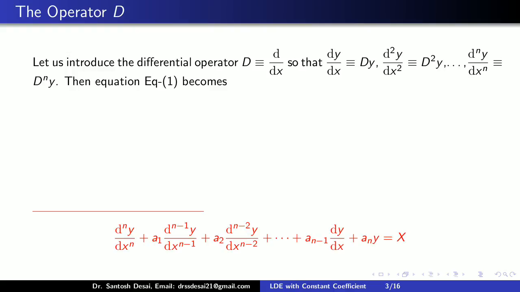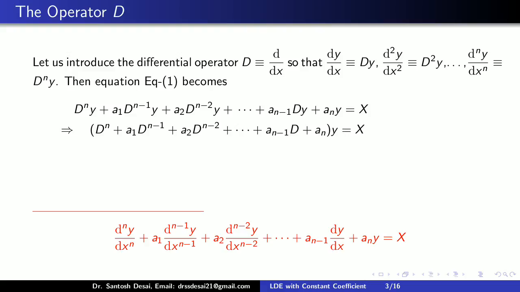Now you just put the values in this equation. So this equation takes the form D^n y plus a1 D^(n-1) into y plus a2 D^(n-2) into y plus and so on plus a(n-1) Dy plus an y is equal to capital X. Now rewriting this, we get in bracket D^n plus a1 D^(n-1) plus a2 D^(n-2) plus and so on plus a(n-1) D plus an into y